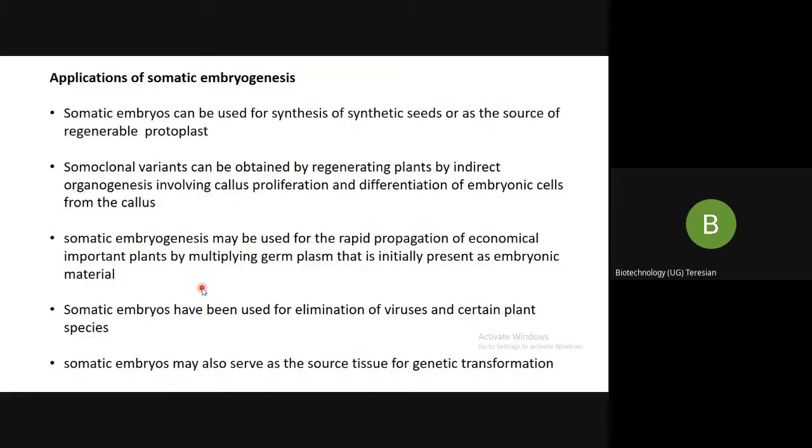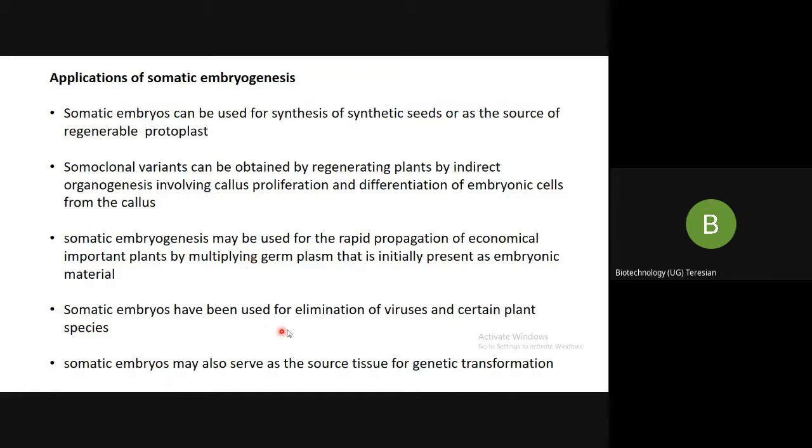So what will I do? I told you that I will keep them as germplasm in the gene bank. I can keep it as a callus culture, right? And after that, whenever I want, I can go to the gene bank, retrieve it, and grow it. So, this is another important feature of your somatic embryogenesis.